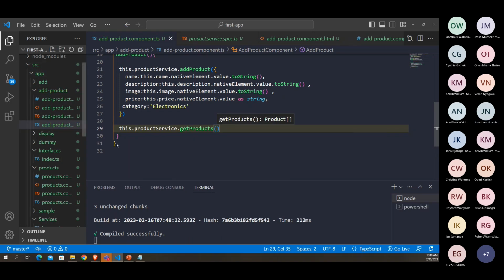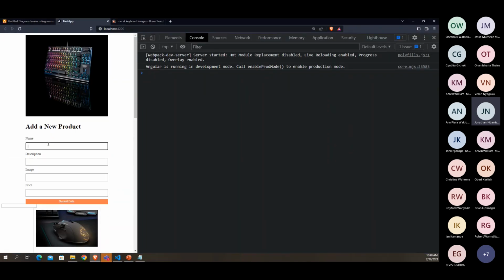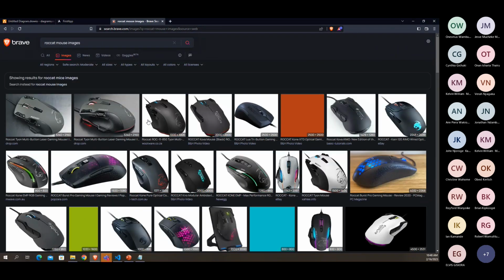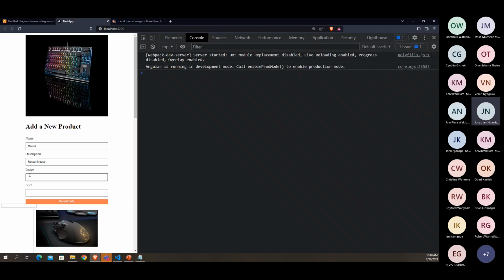Then let's test this now. We have our form here, so we can say mouse description, maybe a rocket mouse. Image, let's get a mouse image here. Or why don't we add a key mouse? So that can be the image and the price can be 300. So when I submit this data,